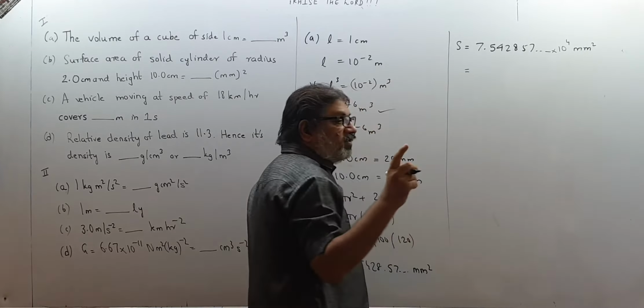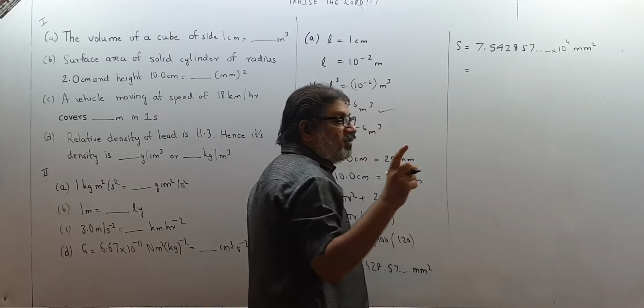So you have to take into account the number of significant digits. That rule that you have to take into account when you multiply and divide, the minimum number of significant digits should be there. And also you have to take into account the precision. How many decimal places have to be maintained, that you have to take care.